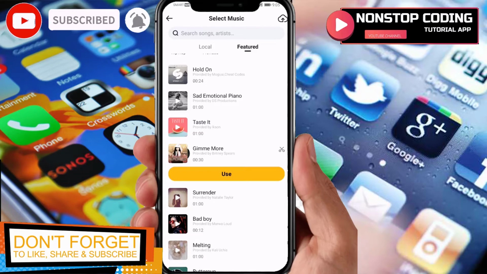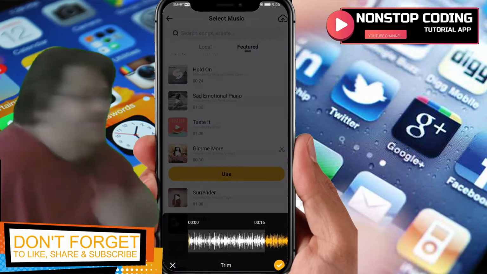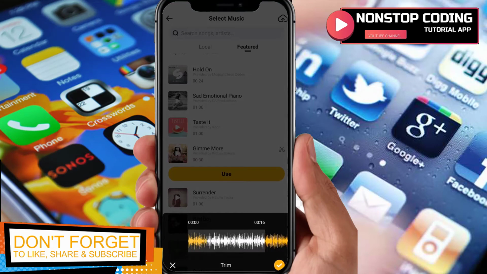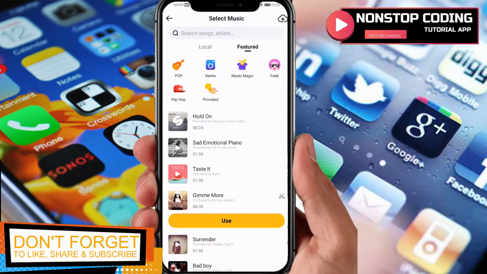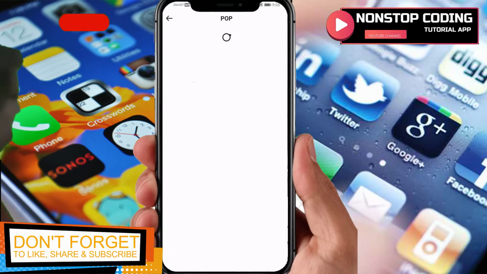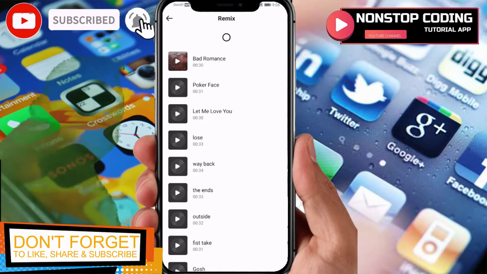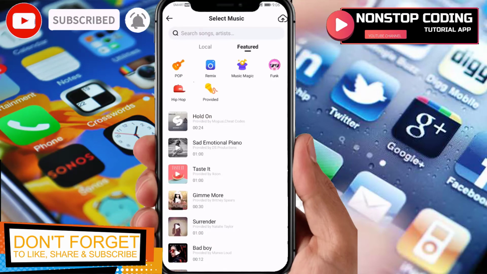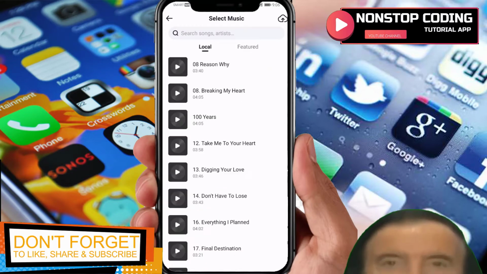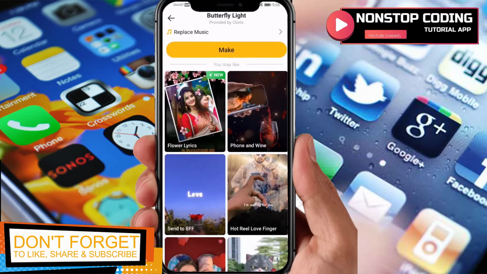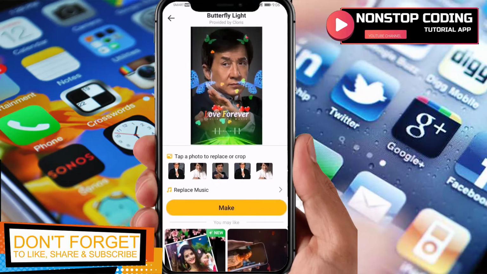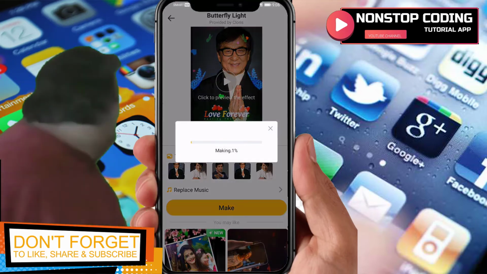Let's just cancel it. So there, you can even trim it if you want to. And then if you want to use this, tap the check mark. If you just close and go back, you can also filter it by selecting any of the categories in here. So pop, there, and then remix, there, and then music, magic, funk, hip-hop, and so on. So local is where you can use your own music. So let me just go back, and once you're done with the editing, just tap the make,